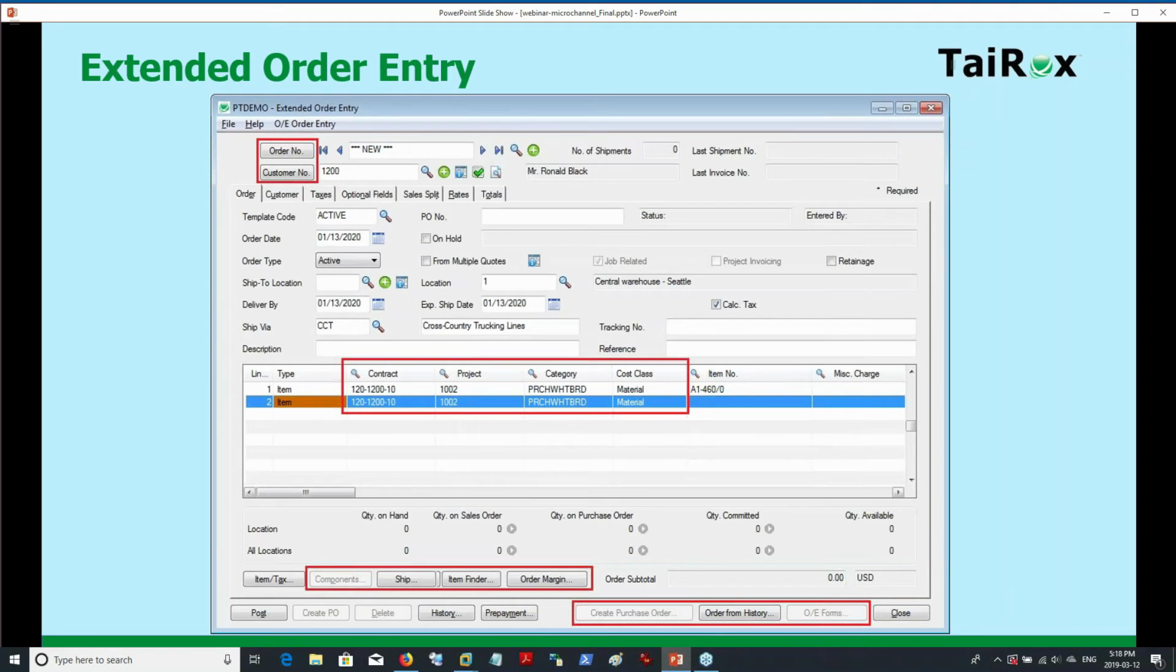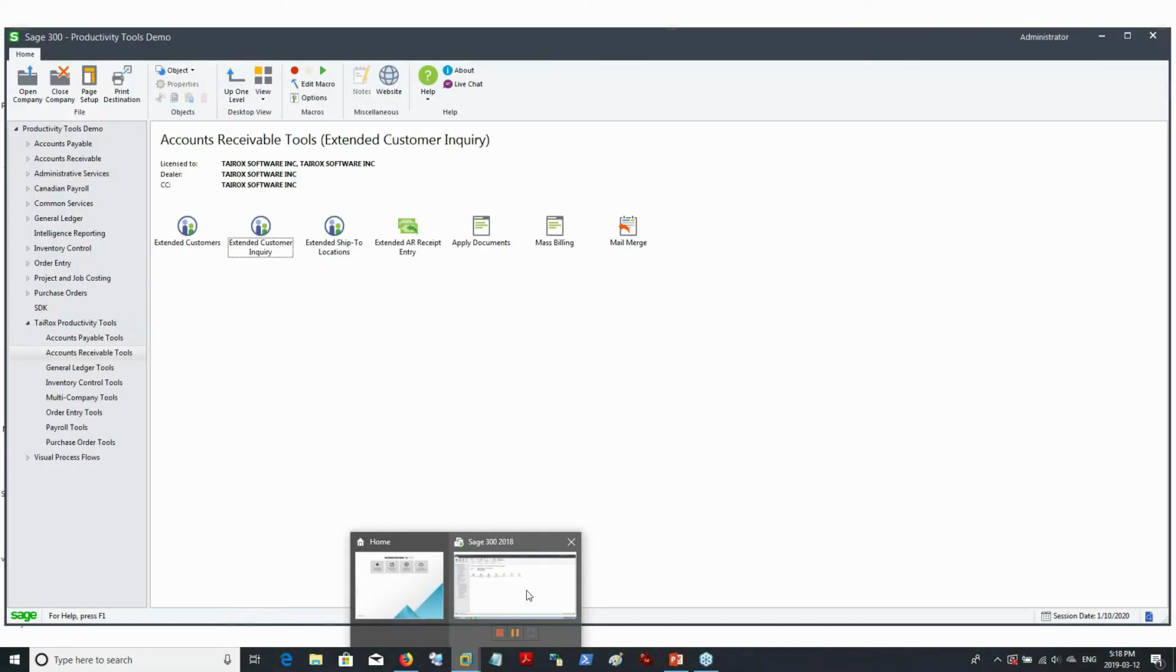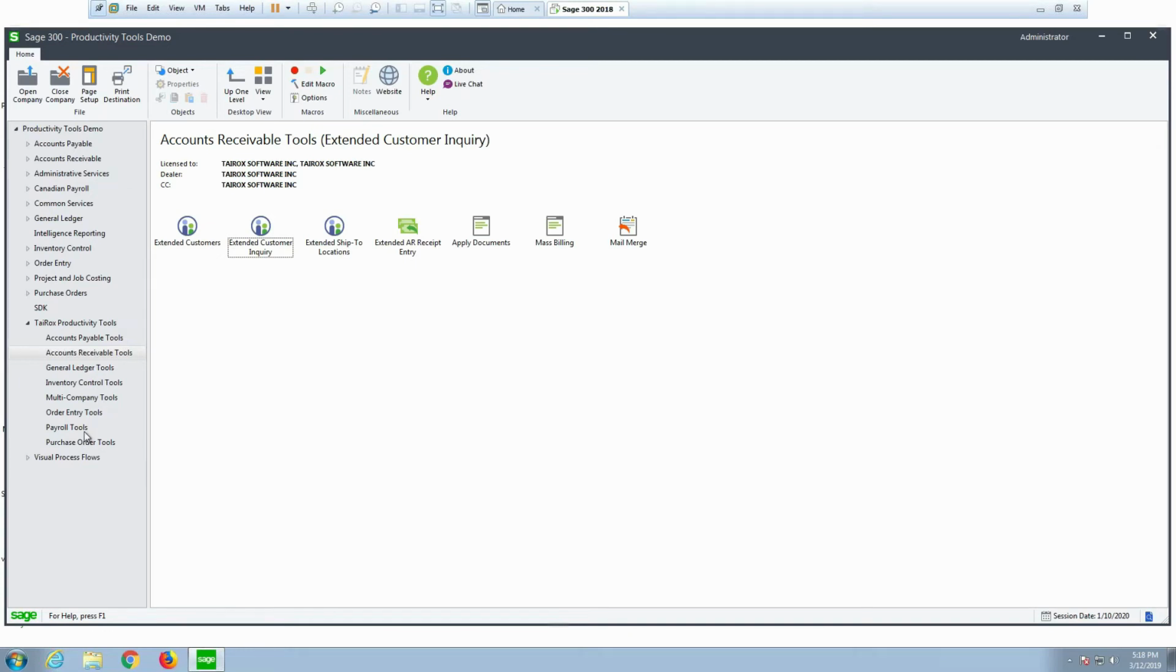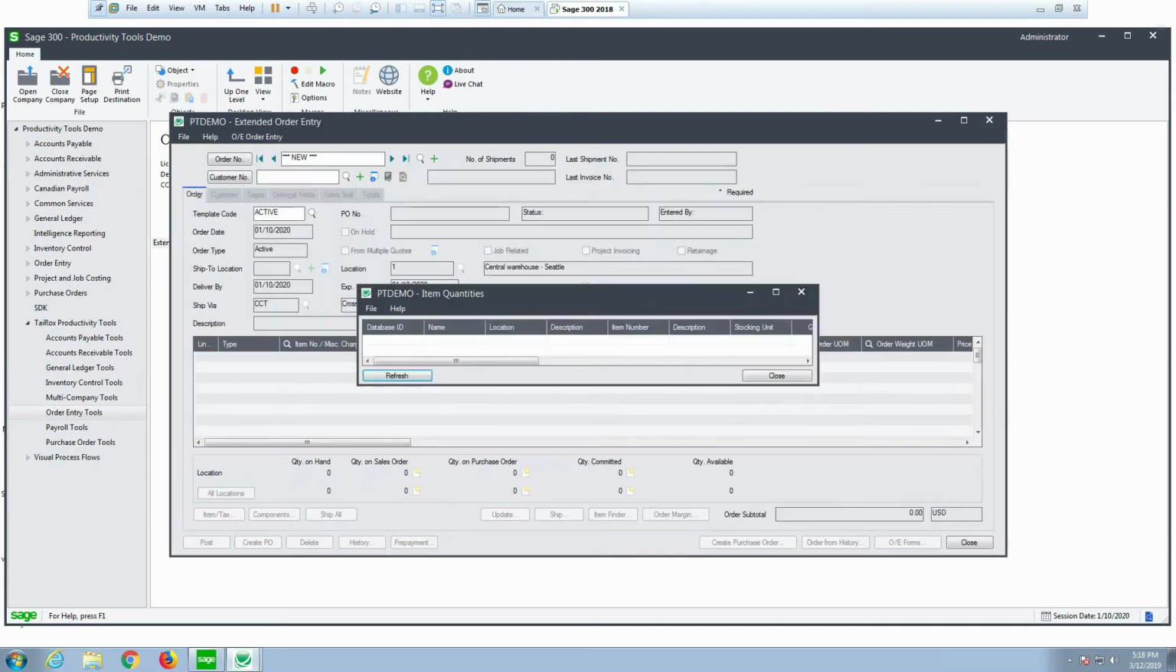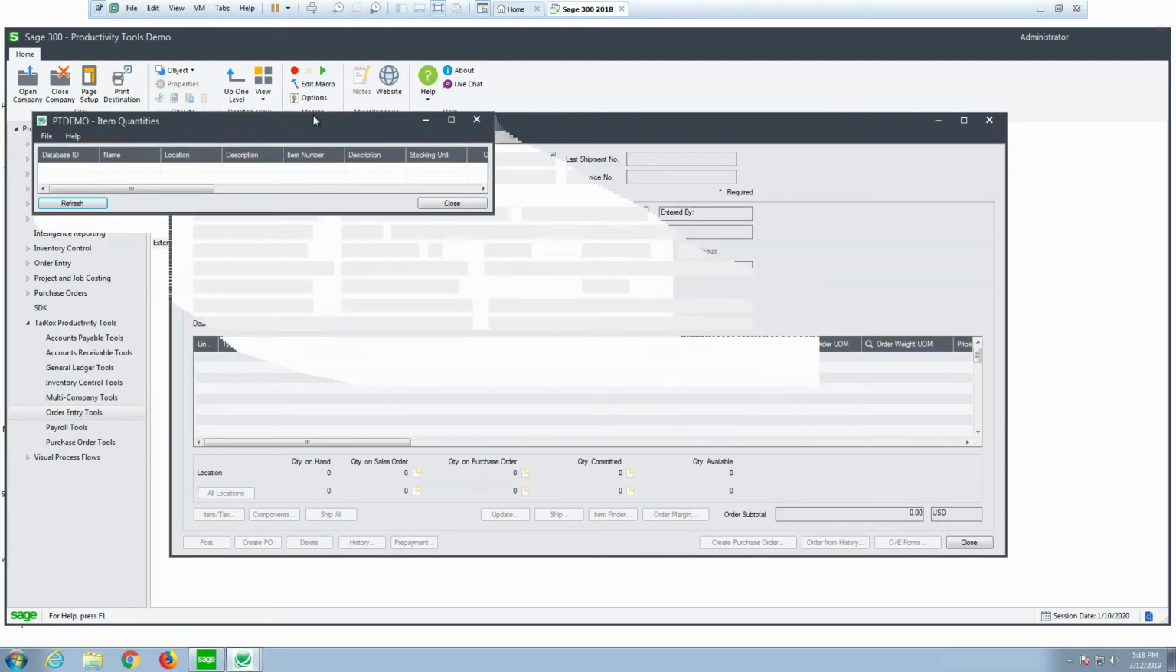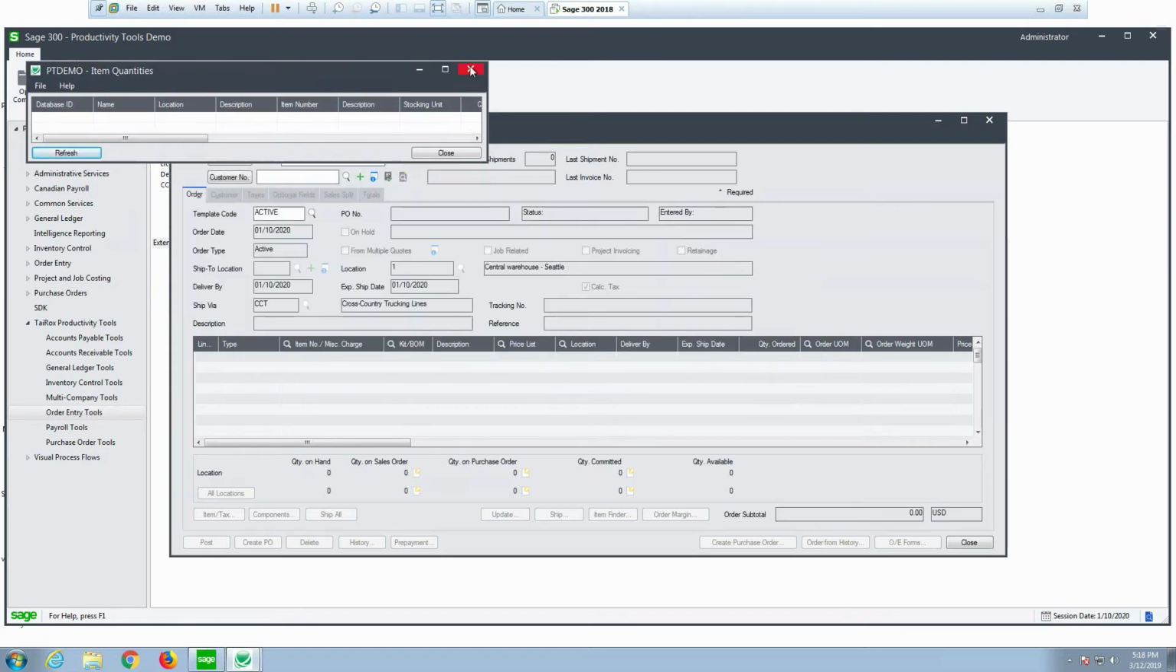One of the reasons people buy our product is we add a whole bunch of stuff to the Sage order entry, and that can mean smart finders for orders, for customers, or for items. And it can also mean, let's go into extended order entry. Again, we're calling up the Sage user interface, and we're overlaying our own buttons on it. And you can see I've got something here turned on, so that if I